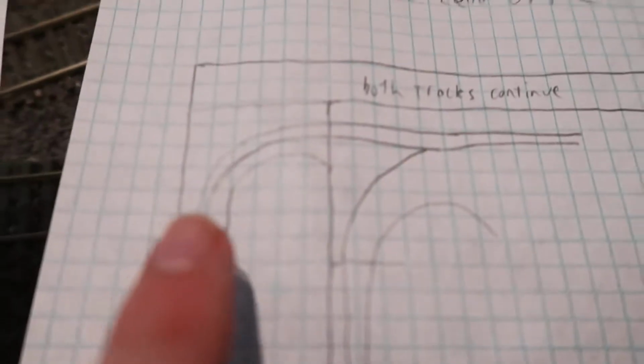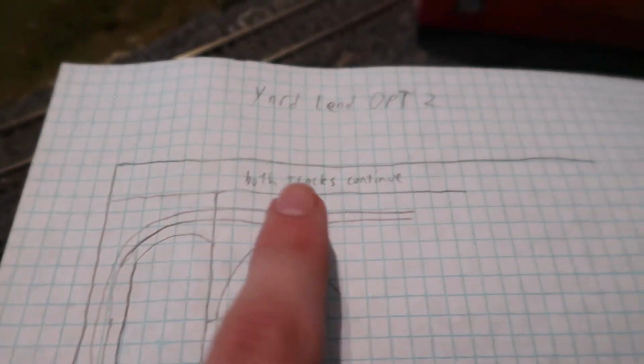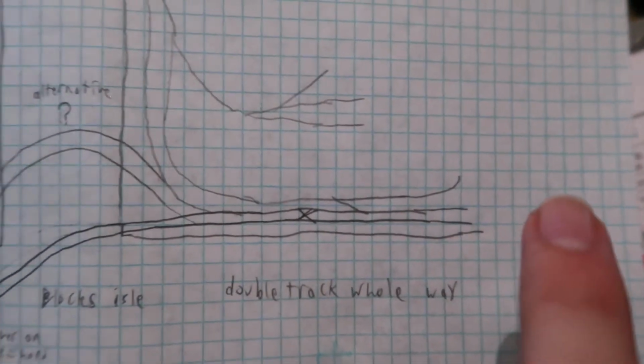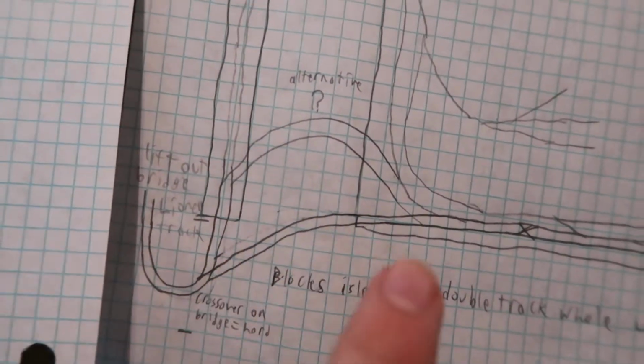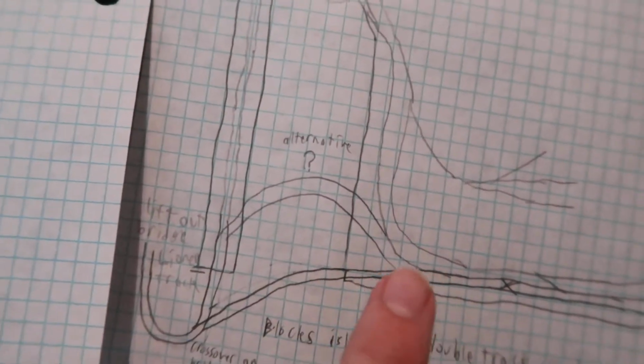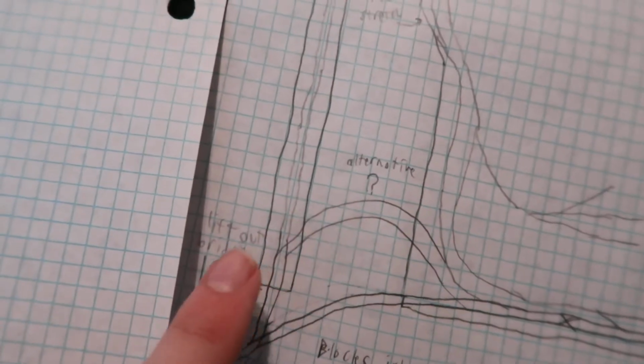You have the track coming out and along the wall, probably double-tracked main line, and then it merges into one right here and keeps going like it does currently, and it does not double back, it just turns left, or excuse me, right, and then goes around as either a single or double track main line, coming back around here through the station. And then we have two options for how it could potentially get back over to the double track main line